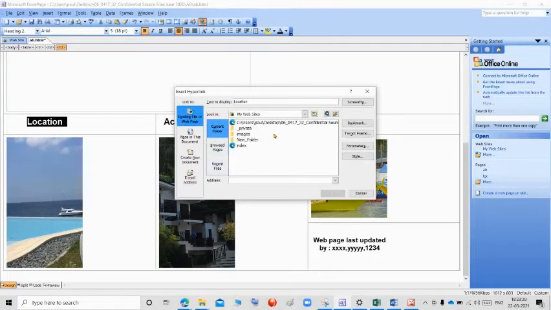Go to your folder, select this arrow, go to desktop, go to your work area, go to your folder and select 2032. We are going to insert this.